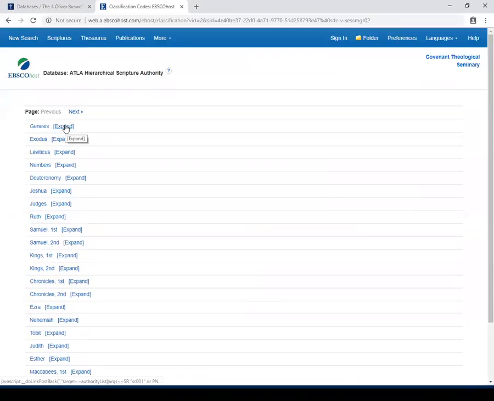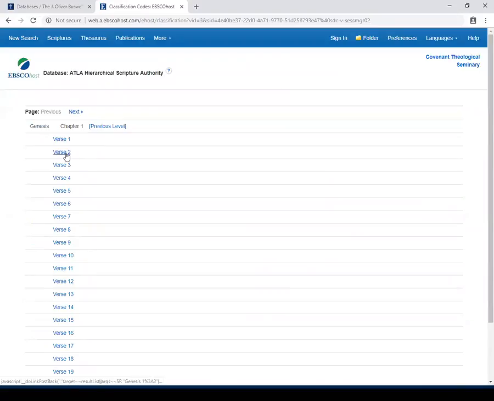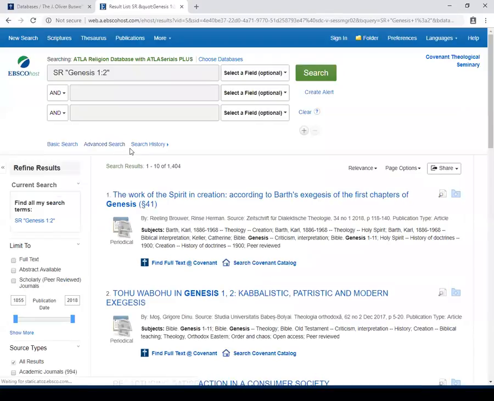And I can expand, say Genesis to see the chapters, and click expand again next to say chapter 1. Click right there on expand to see the verses, and then I can choose verse 2. And it's going to do my search. And so this is going to hopefully find any article that talks about verse 2 or any verse range that includes verse 2. Now, of course, the weakness here is that, well, I was only able to choose one verse,